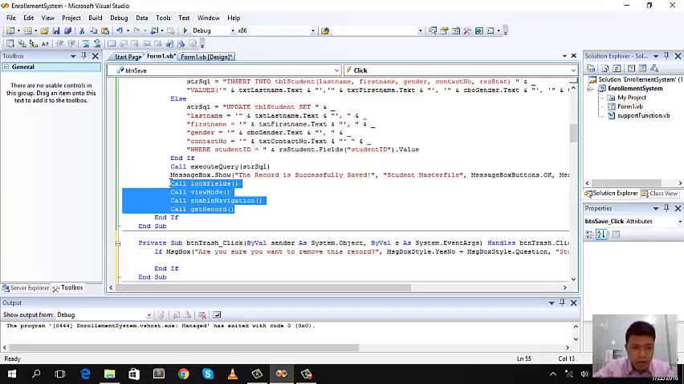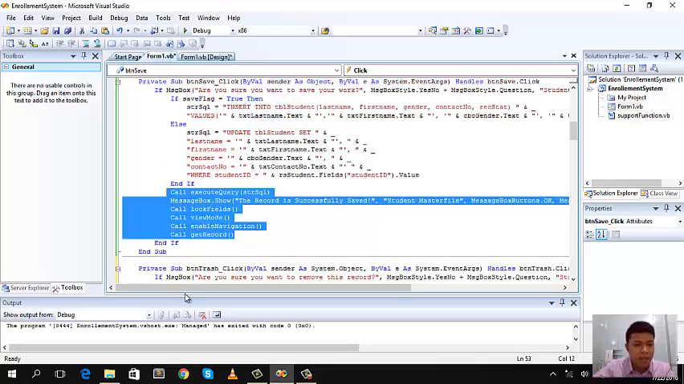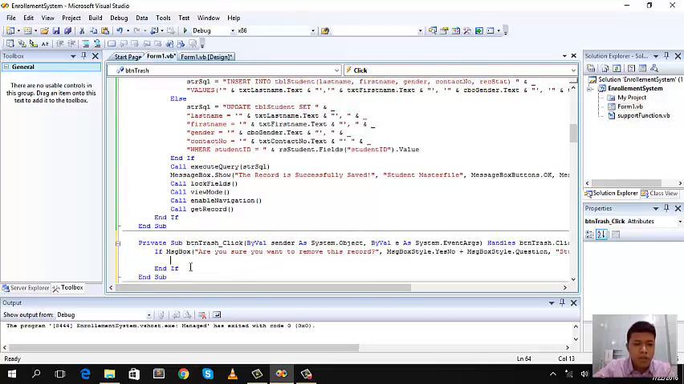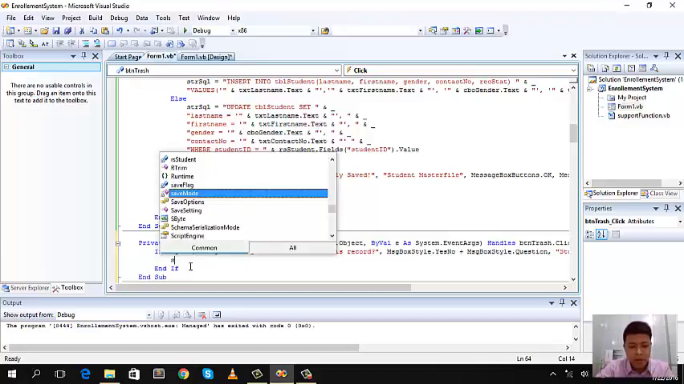Kukunin ko na rin yung mga bagay na to. Hindi, sige, mamaya na lang. And then again, tulad nga ng sinabi ko sa inyo, if nag-yes siya, ang gagawin natin is,